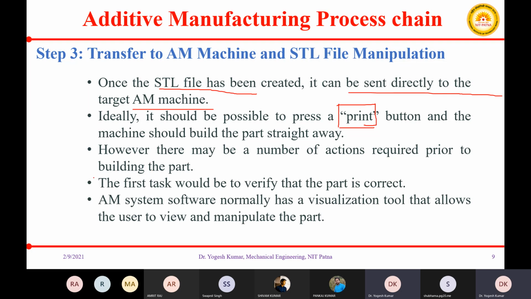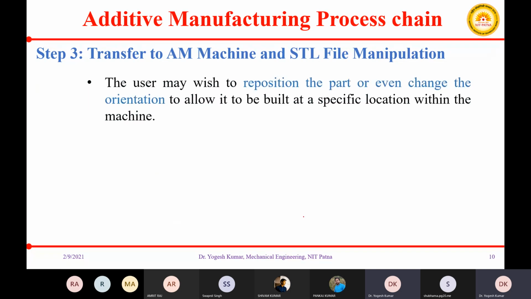As on your AM machine, the first task would be to verify the part is printed correctly. The AM software normally has a visualization tool and allows the user to view the model and manipulate the part. I will first read out these points and then I will demonstrate them using printing software.